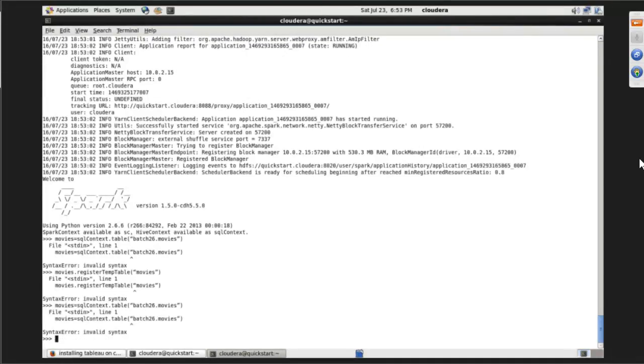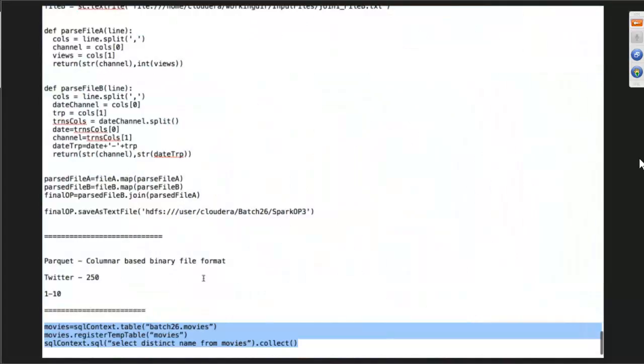Dot table, okay, got that. I'll tell you what is found here. From